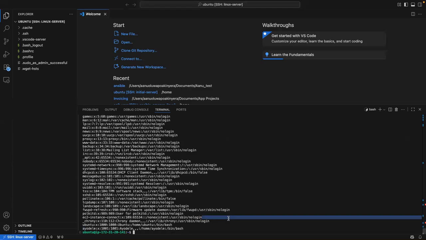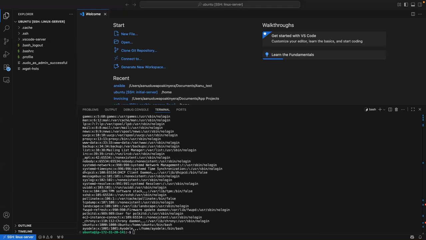So let me first of all try to log in as root. The command to switch user is su. That is the command.